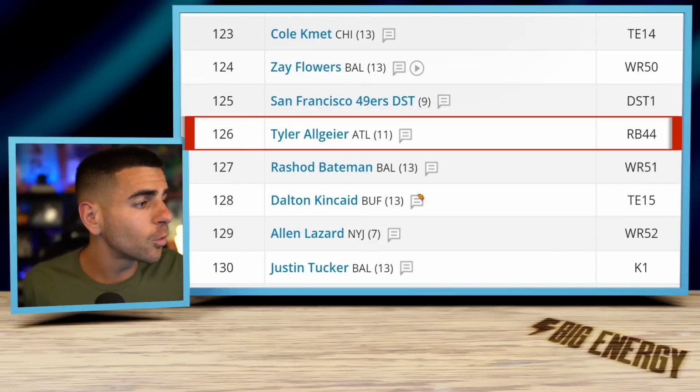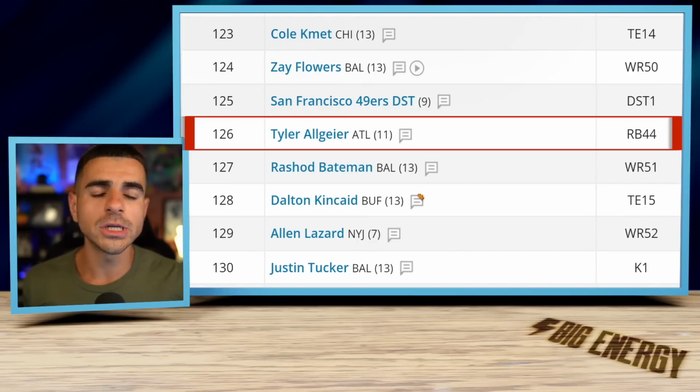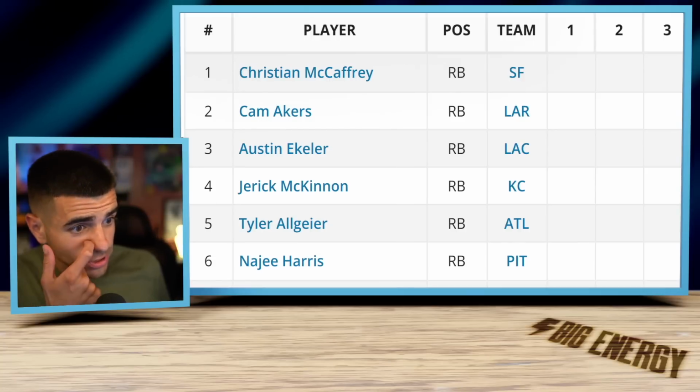Algier goes as the 44th running back off the board in round 11, and I get it. Yeah, Bijan Robinson is indeed there. But that doesn't mean Algier doesn't have any value as a strong handcuff with also upside even in the weeks when Bijan's active. Because last year, this dude was quietly a